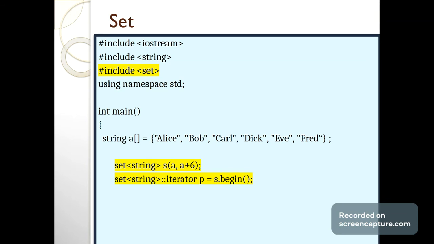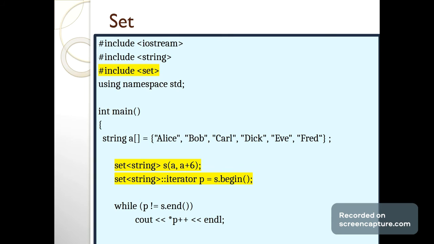And I'm taking an iterator, that is a pointer which will point to the very beginning position, that is it will point to the very first word of the set, that is Alice. So this is the iterator which is going to point to the set which consists of string elements. Now I'm going to take my iterator and iterate it till the end, that is why I've written while p not equal to s.end, that is, until the set ends, and I write cout asterisk p plus plus. Asterisk p means what? The value where p is pointing. Plus plus means I want to increment it further, means from Alice I want to go to Bob.